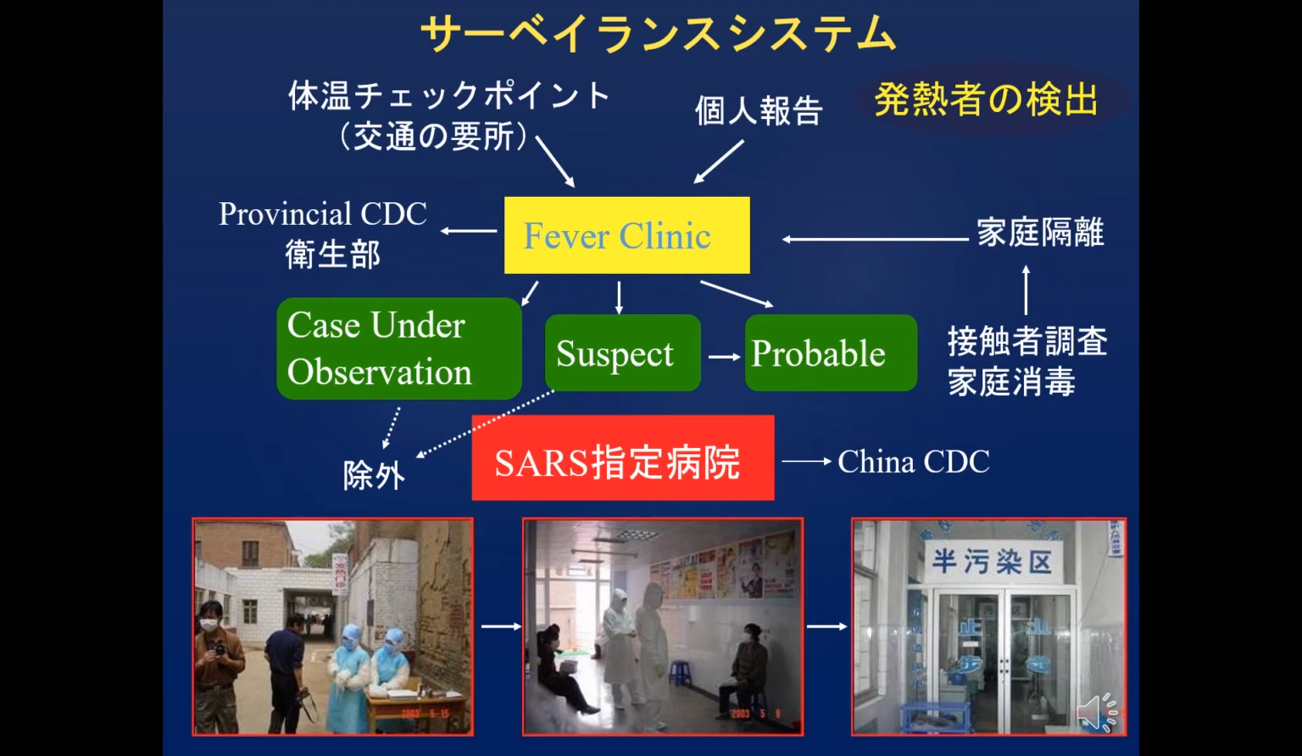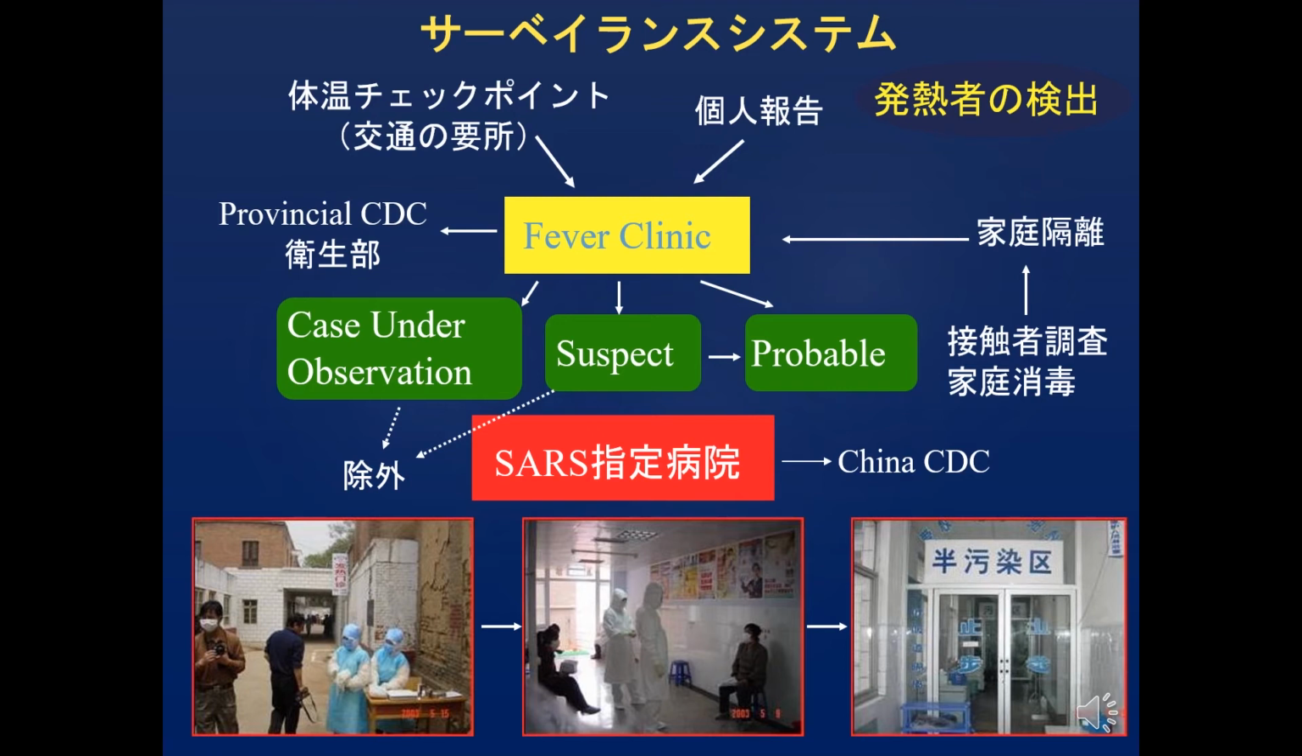And they had these fever clinics everywhere. This was a key for the surveillance system. You have the body temperature checkpoints at highways and airports, and those people are sent to fever clinics. People come on their own, or people isolated at home with fever come to the fever clinic. So they were diagnosed as SARS, or they were considered probable or suspect or case under observation. They are classified,